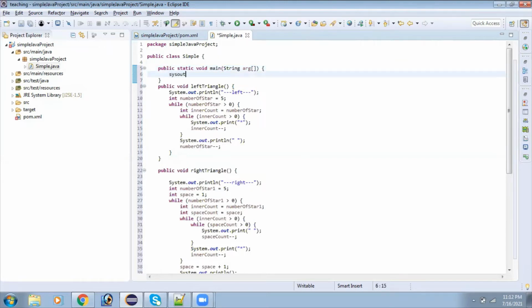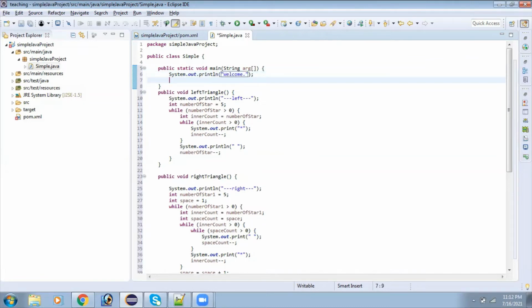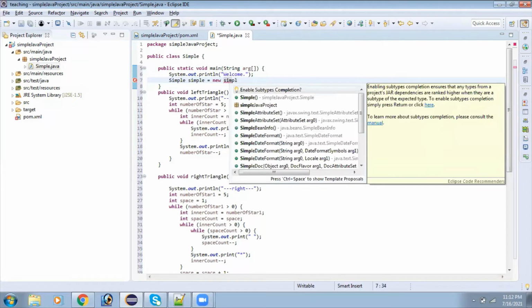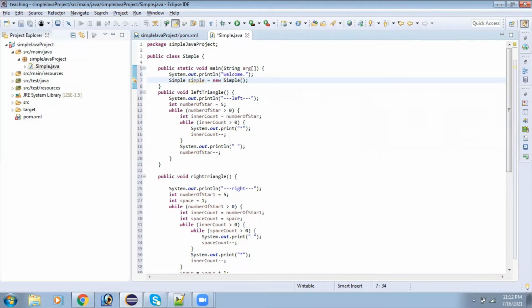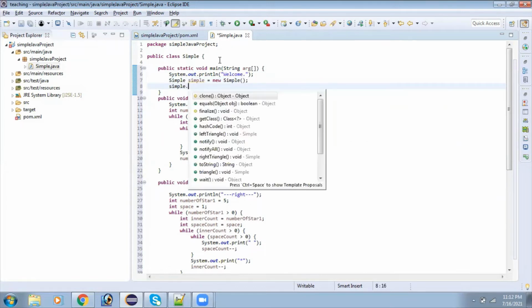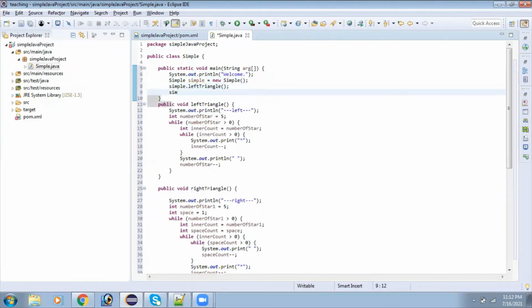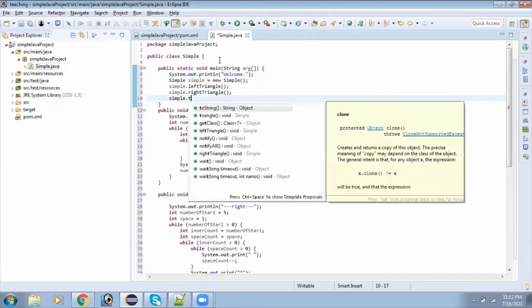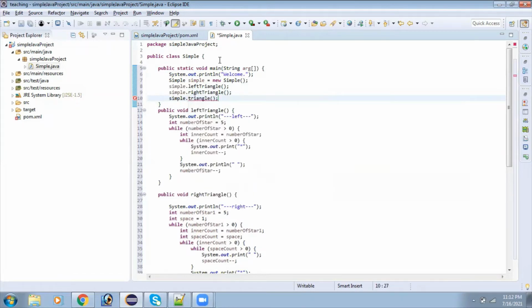So this is our main method. Okay, this is our sample program.